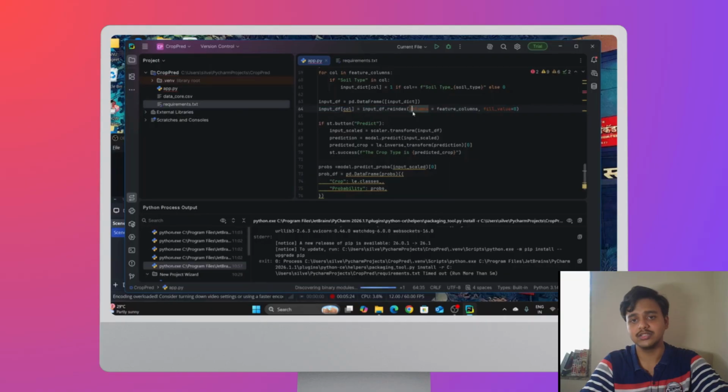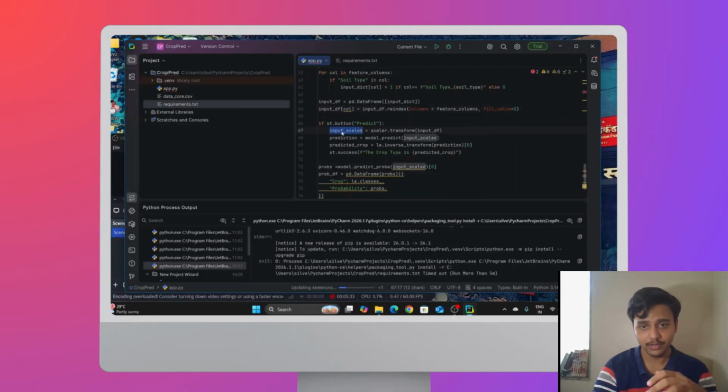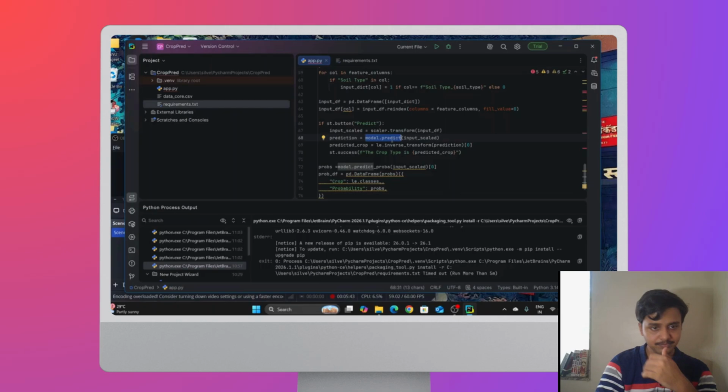If st.button, so when we click on the predict button, it is going to input the scaled value of the input data frame, right? And it is going to give us the prediction, which is model.predict. So based on the model, it is going to predict everything. Okay, so model.predict input scaled.